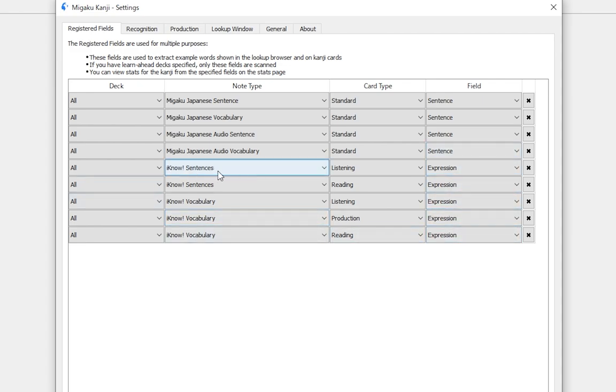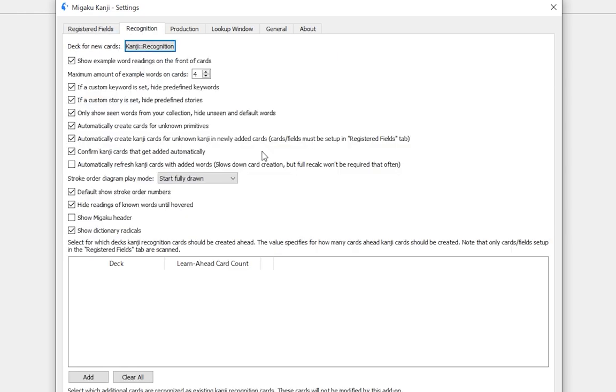So the first is the note type. As I said, we have 2 in this case, but if the deck you are using has only 1, then obviously you'd only need to register that one. And then the different card types, they have 2, so listening and reading. And for the vocabulary we had 3, and all of them look at the expression field, because the expression field is the one we will see on the front. As I said before, this obviously depends on what kind of beginner deck you are using and what the cards in this deck are. So next, we go over to recognition.